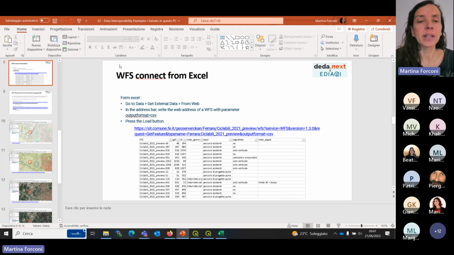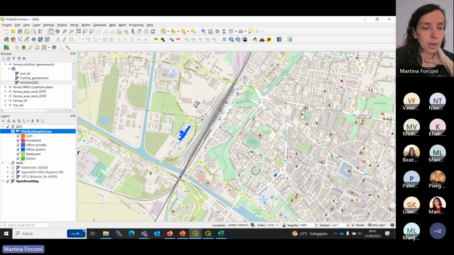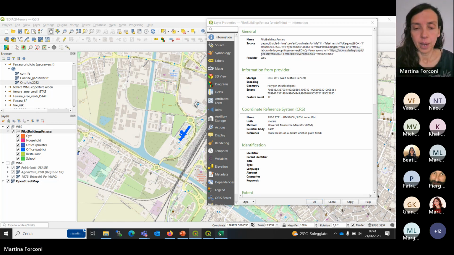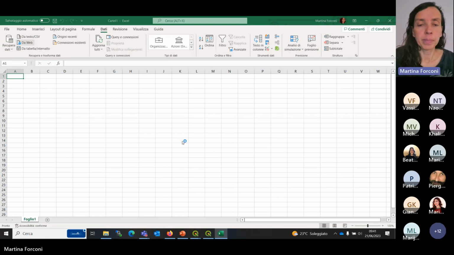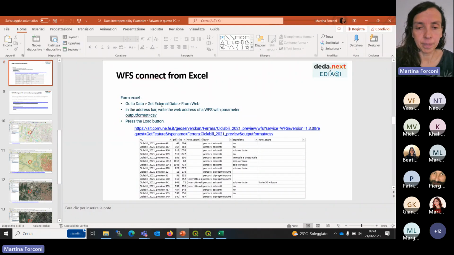Sorry. To connect to WFS from Excel, you have to choose the output format CSV. So in the URL that I can take from here, properties. Copy. The web. And then services.